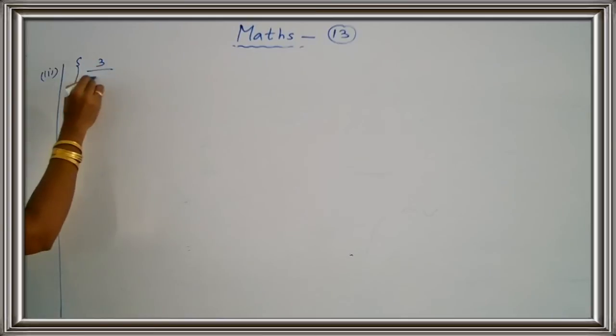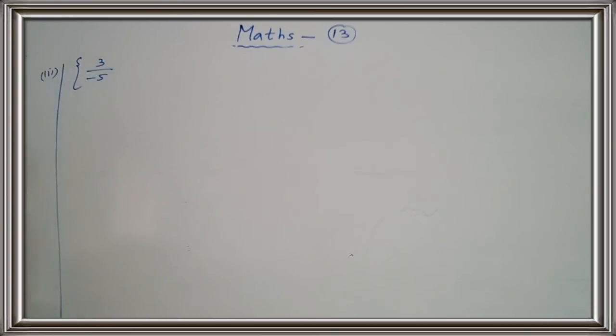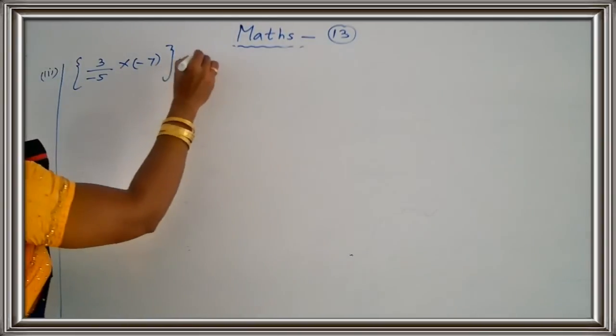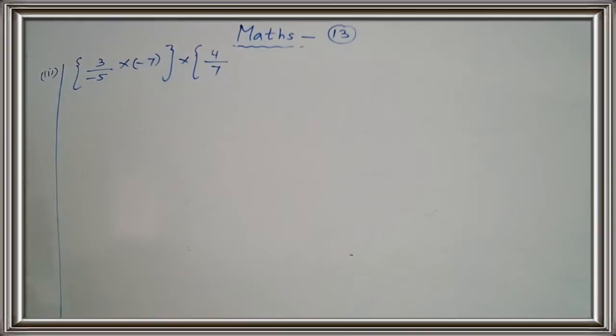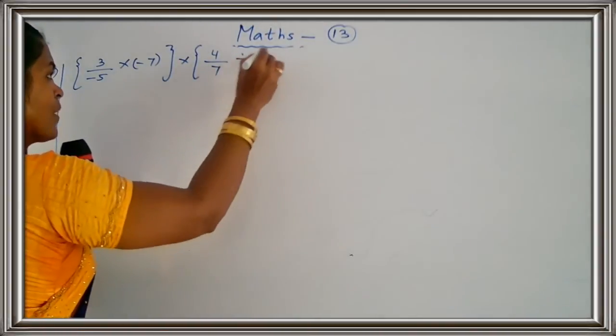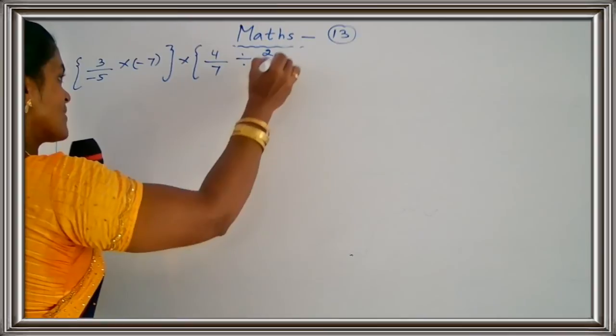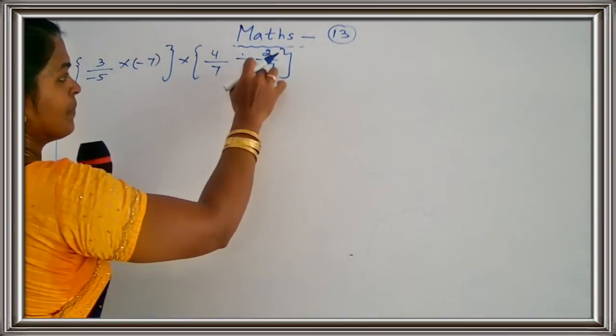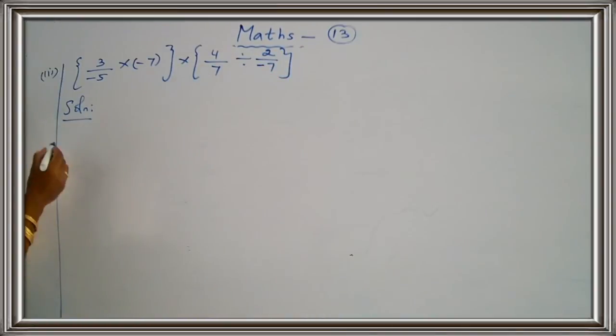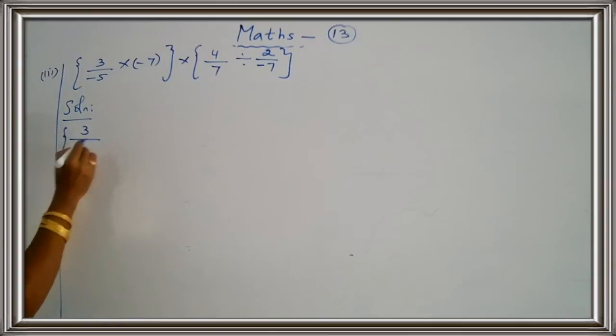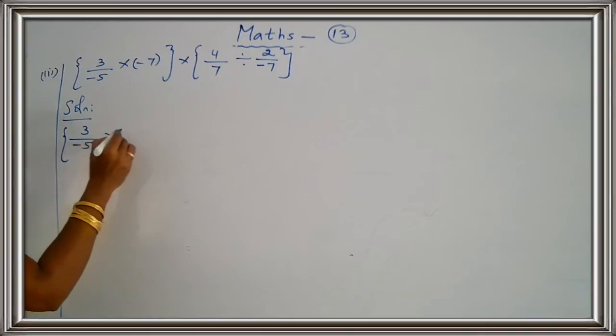Okay, is equal to, say the answer. First one is, which operation? First bracket inside multiplication, second bracket inside division. Okay, then after, then 2 answer both we multiply by 2 answer. Okay children, so first to find this bracket inside, 3 upon minus 5. Okay, so 3 upon minus 5 into, here denominator have negative, so you rewrite. Okay, so 3 upon minus 5 can be written as minus 3 upon 5 into minus 7.